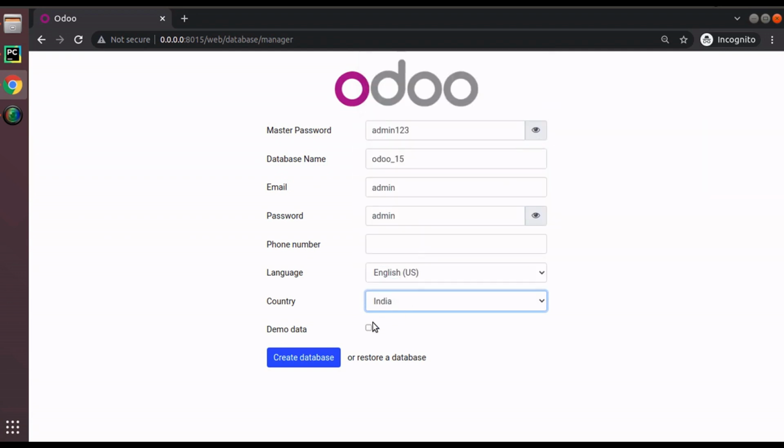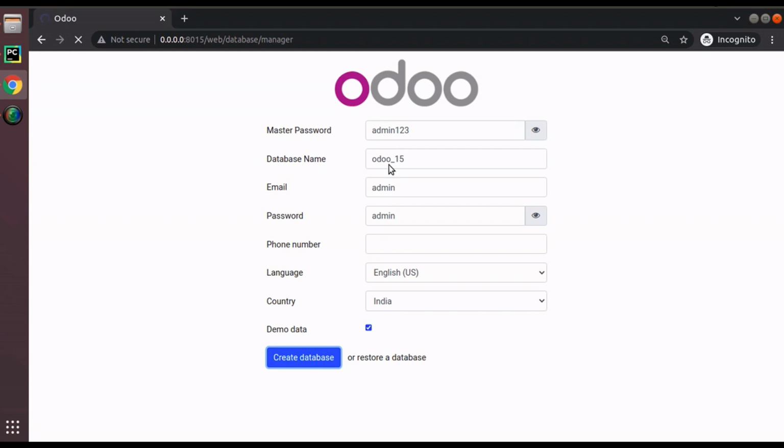If you are creating or testing the database for testing purposes or to learn Odoo, you can just activate the demo data in the database. If you are creating the database for production purposes, don't tick demo data, because once you tick it, it will load demo customers, demo partners, demo products, demo accounts, everything. So you can tick demo data or not based on your need. Right now I'll tick demo data and click on create database, and you have to wait for a minute. It will create a new database with the given name Odoo 15.